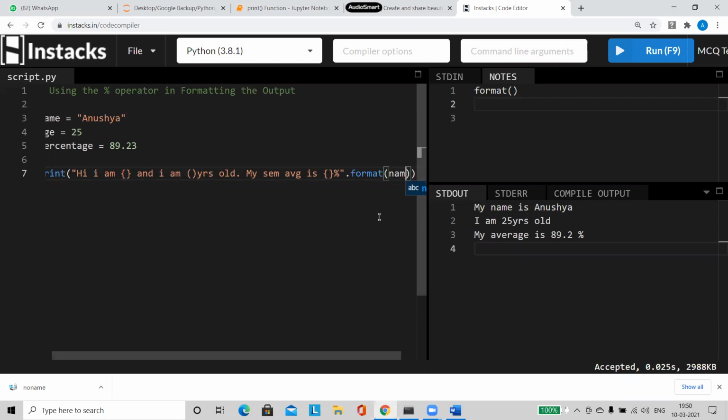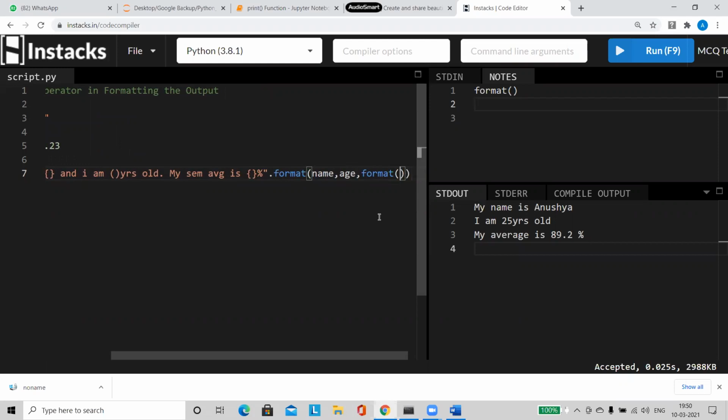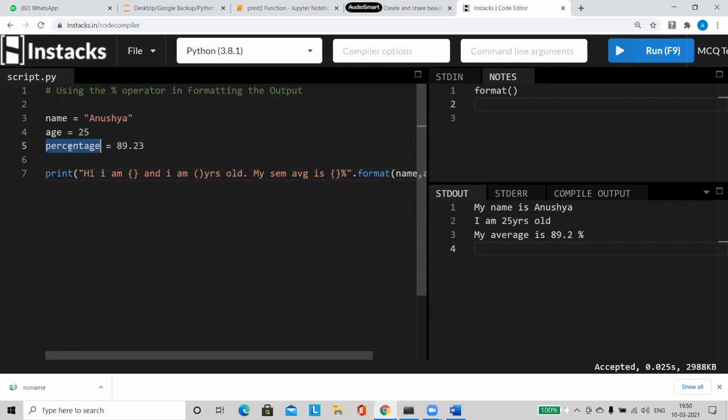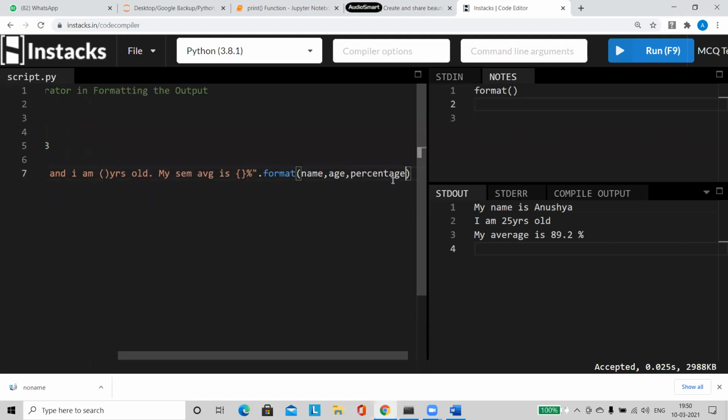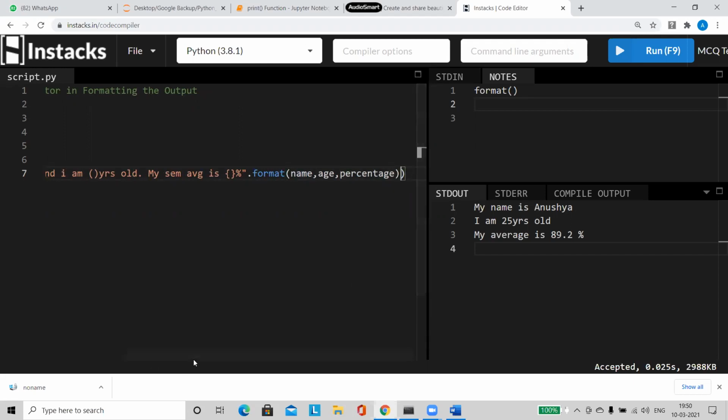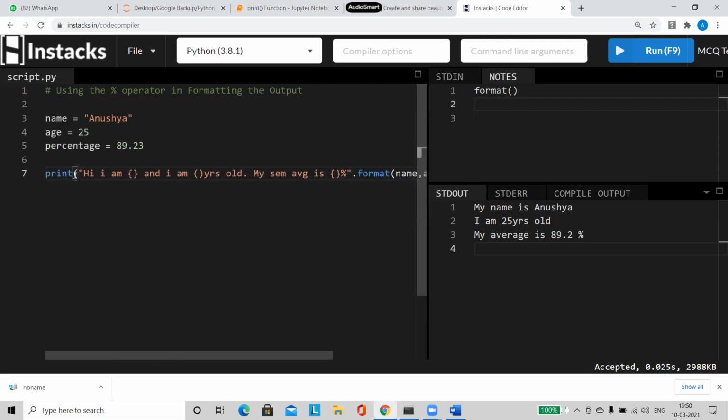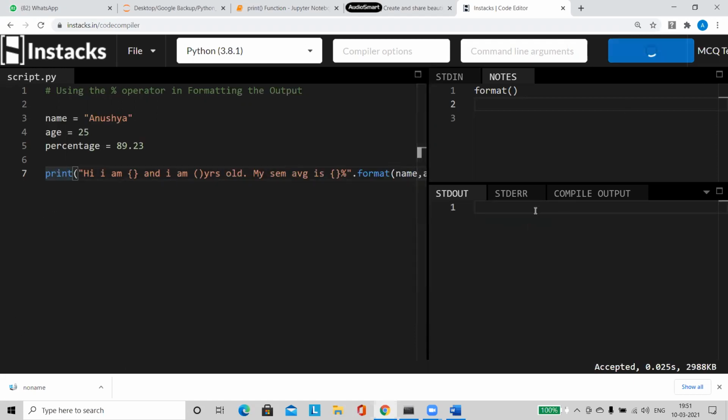So I will say name, comma, age, comma, percentage. Then you have to close the print statement, because this opening is for the format, this closing is for the print statement that we have opened over here. Now let us run this.